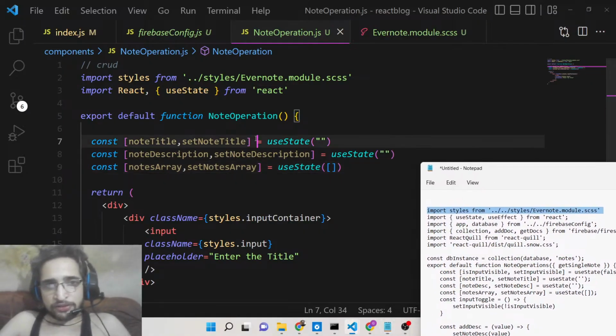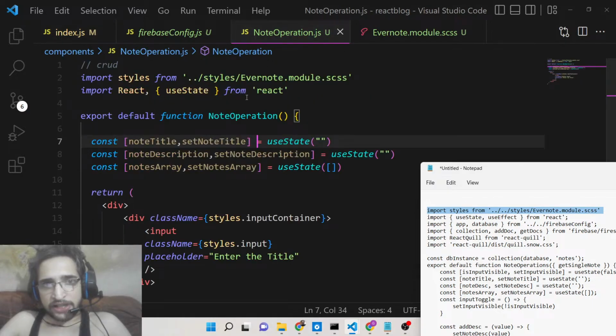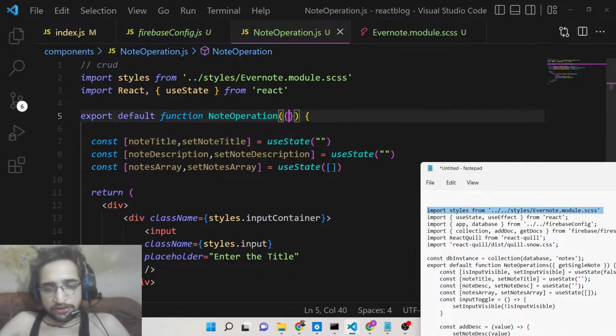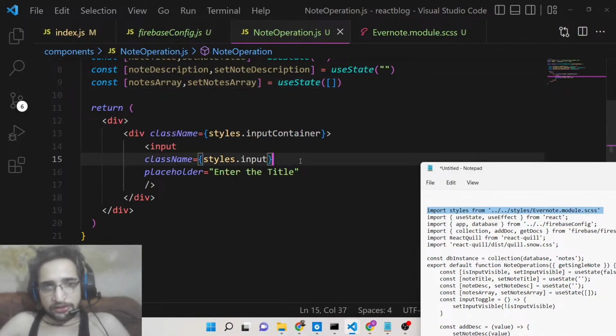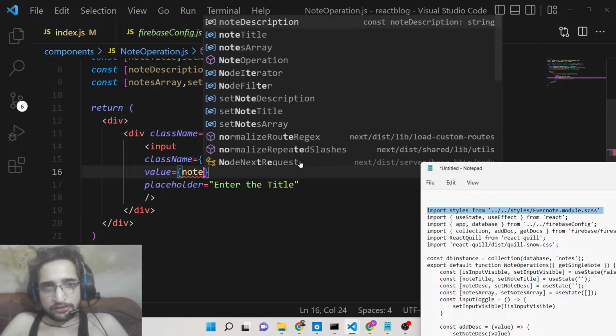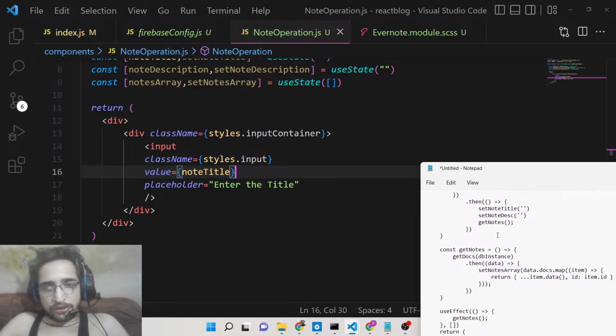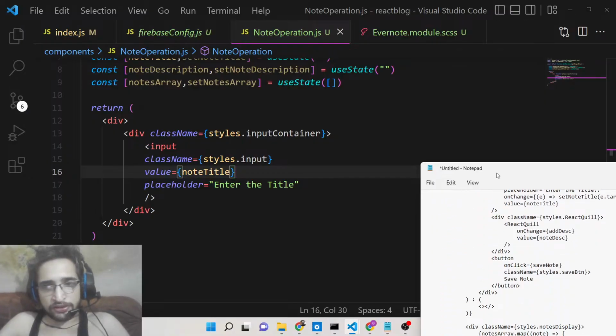So basically, guys, if you see here inside our index.js, we are passing this function as a property, get single note. So right here, inside this, we are passing this function as a property, so get single note. Here we need to assign the value, which will be nothing but simply this, node title,